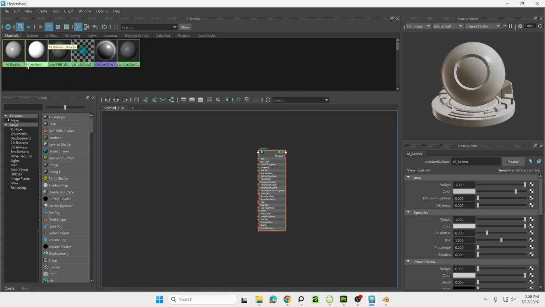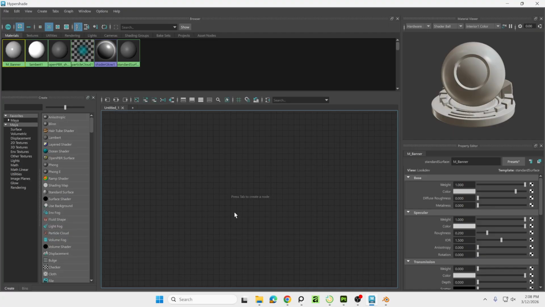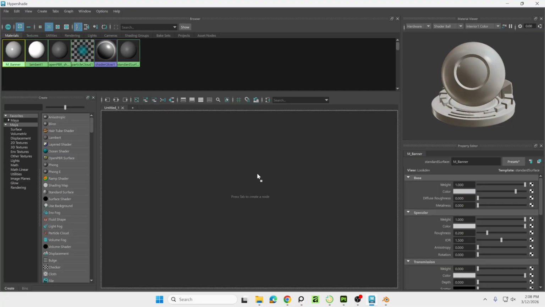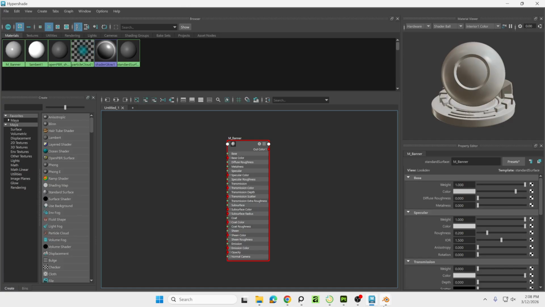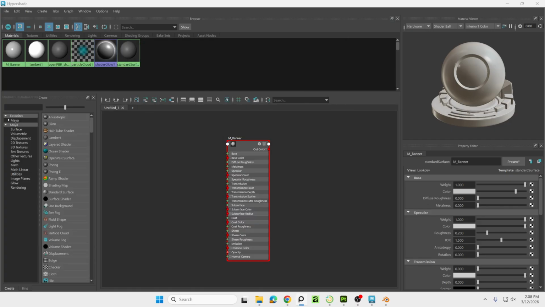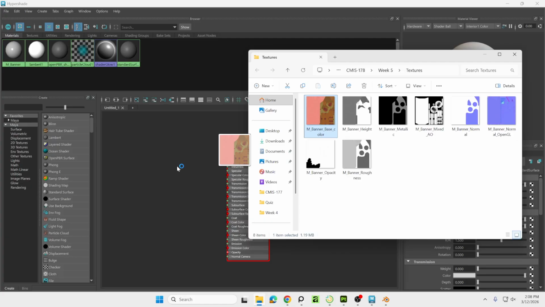If you don't see this down here at the bottom in the untitled, so if it looks like this, in order to move your materials that you created, like the M_banner, you can't just left click and drag over there. I don't know why it's like that, but you have to middle mouse button click it, and then you drag it over here. For whatever reason, that's just how it is. And so from here, I'll go and plug in my colors. So I have my base color. I can just drag and drop on top,